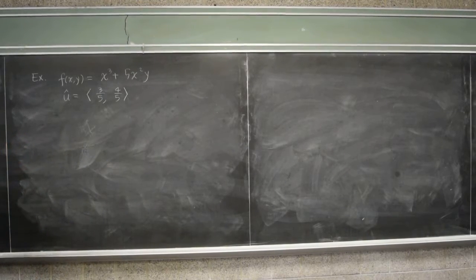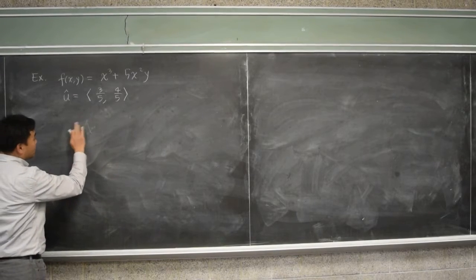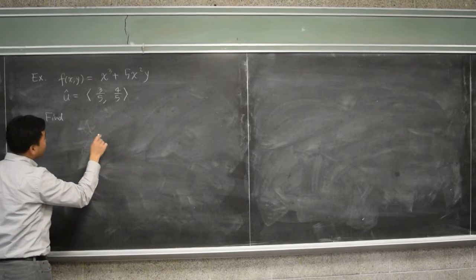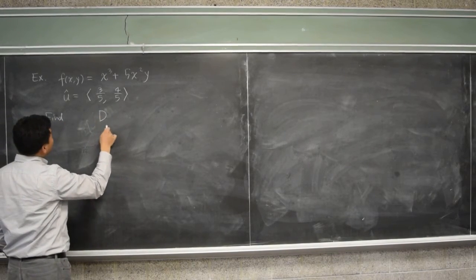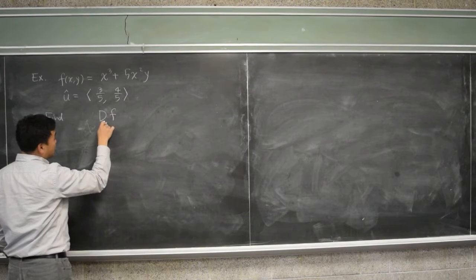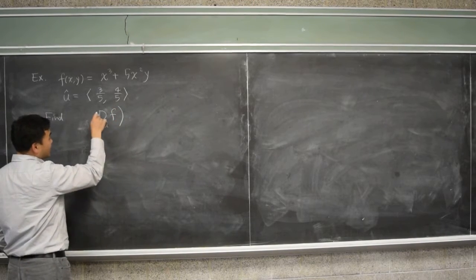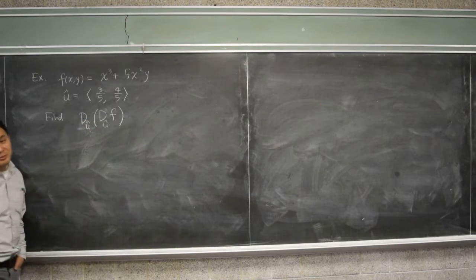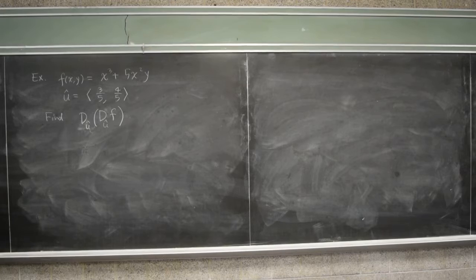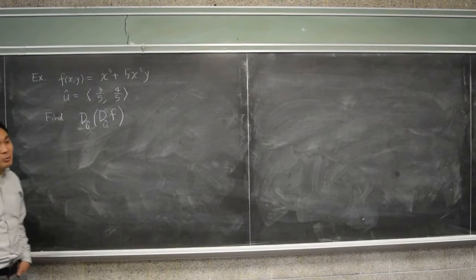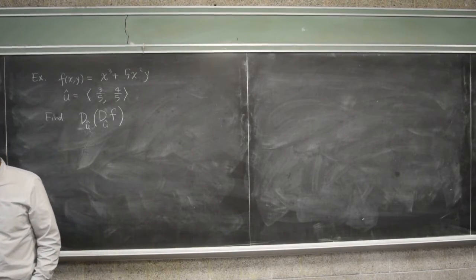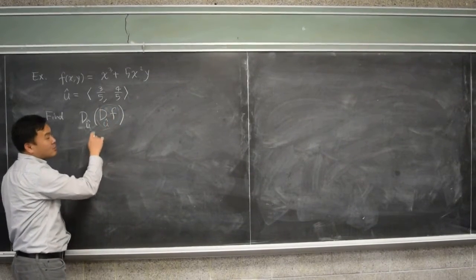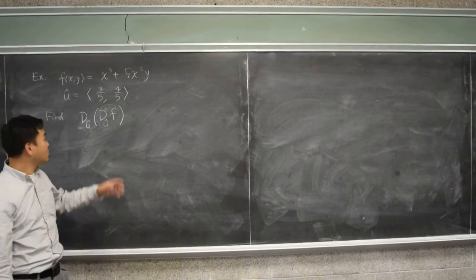Okay, and here's what I want to ask. Find the directional derivative of f with respect to u, and that function's directional derivative. Now let's think about what this means. First, if you take the directional derivative of f, that's still a function of x and y, right? Because directional derivatives,